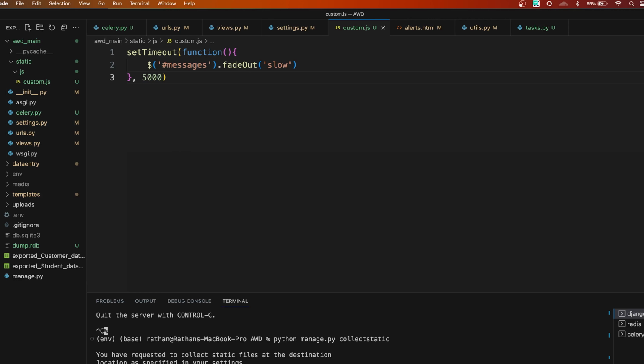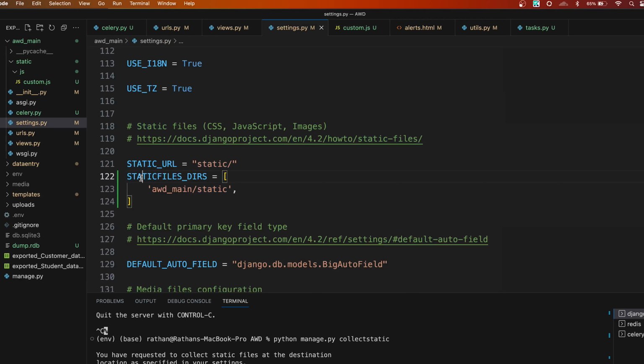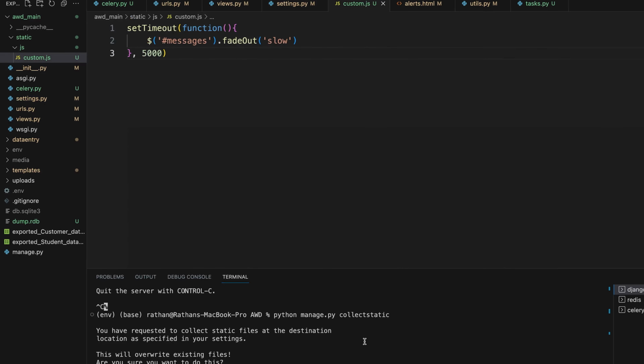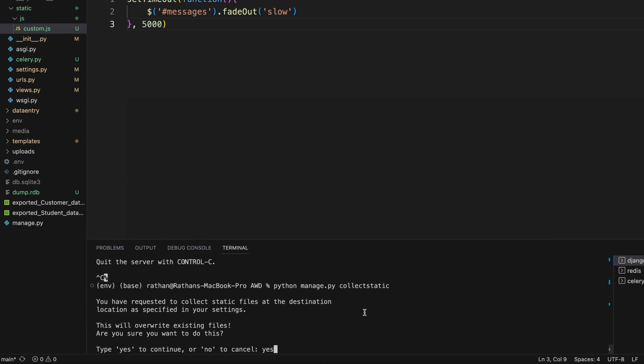Okay, so it has everything: how the static files work, what this static URL is, everything is there. So that's a free course. Just make sure you have a look at that. Okay, so just say yes,